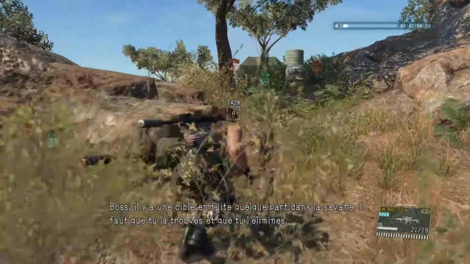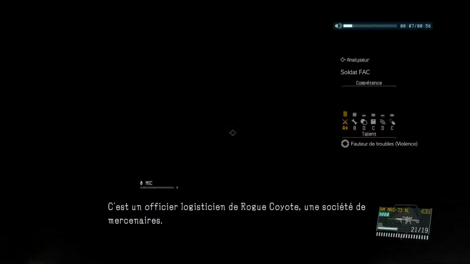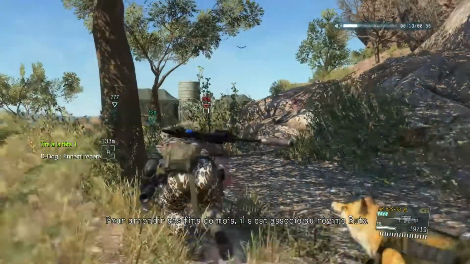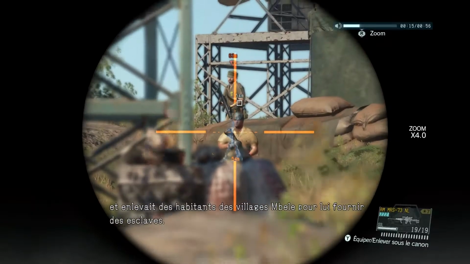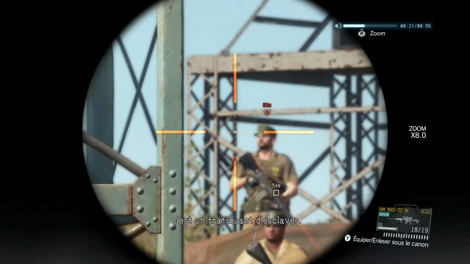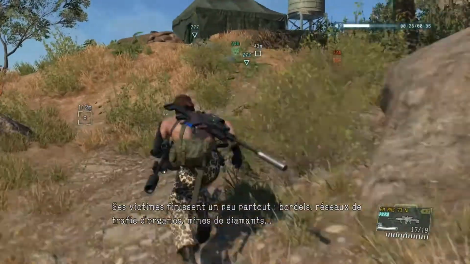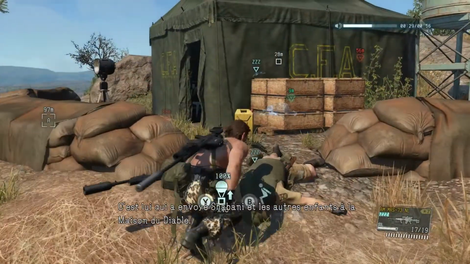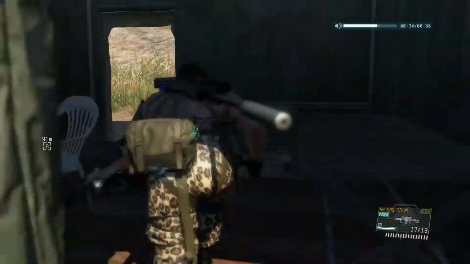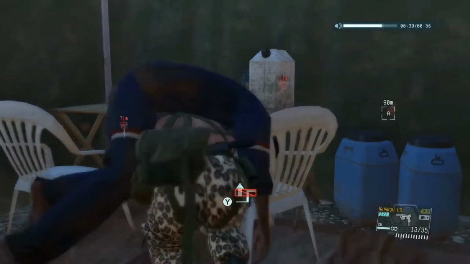Boss, there's a target on the run somewhere on the savannah. Your job is to find and eliminate him. He's a logistics officer for the PF known as Rogue Coyote. On the side, however, he colluded with the Buta regime, abducting people from Mbeli villages and supplying them as slave labor. That's right. He's a human trafficker. His victims ended up all over the place. Brothels, black market, organ trade, diamond mines. And he was the one who sent Shabani and the other kids to the Devil's House. But then an Mbeli rebel group finally added him to their hit list. The target decided it was time to quit, and now he's trying to leave the country. If he makes it back to...